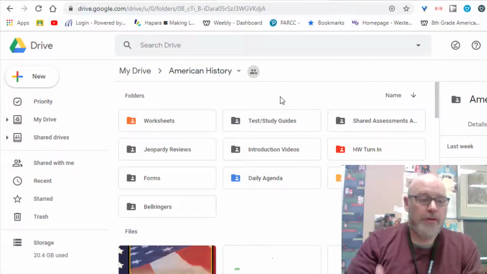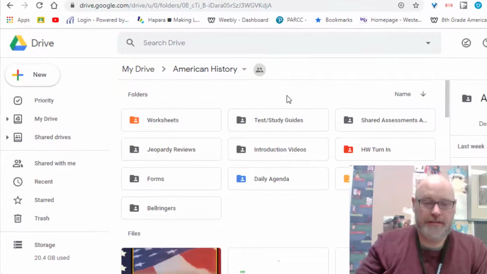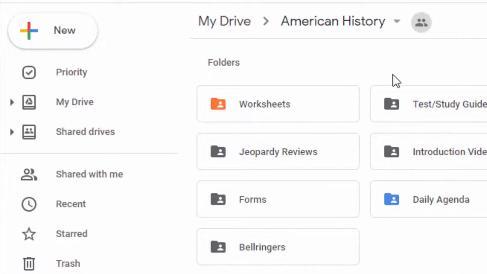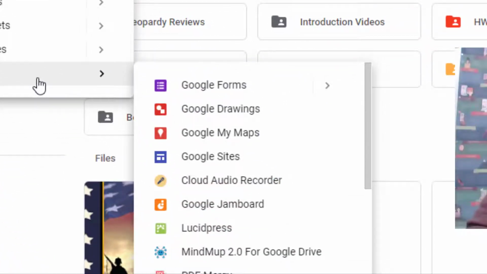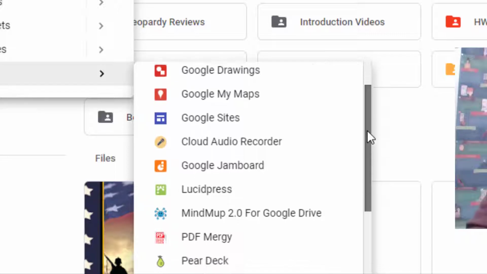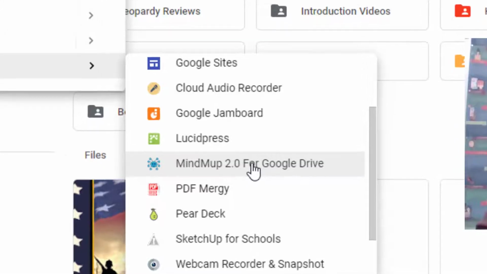To create one, or have your students create one, or you could create a template and then send it out, go over here to New, and click on New. Of course, you've got your standard stuff that pops up like slides and all that. But if you go to More, you can see here's where you've got your forms and drawings and sites and all that. If you keep coming down, you'll see there's this thing called Mindmup 2.0 for Google Drive. If you click on that,